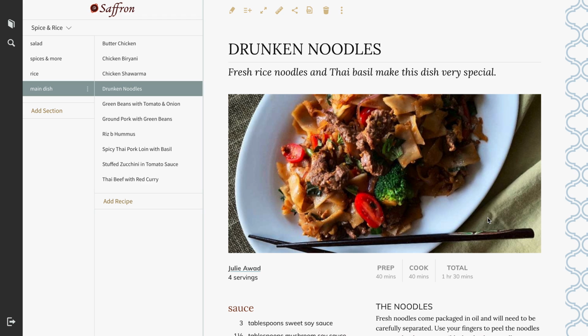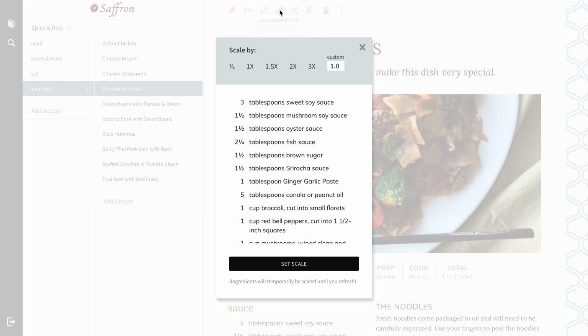grocery shopping. So you want to find the recipe that you would like to scale, and there's a new icon with a ruler for scaling. You want to click on that. You're going to see some preset scales for half a recipe, double a recipe, and you can click on those, and you'll notice the amounts